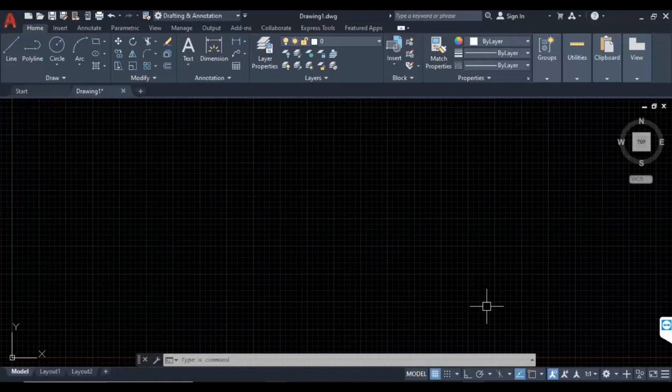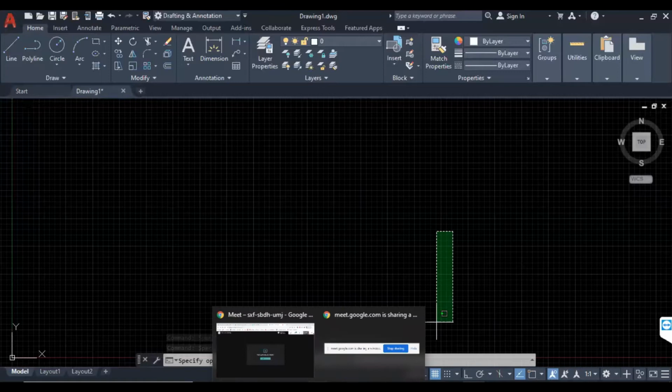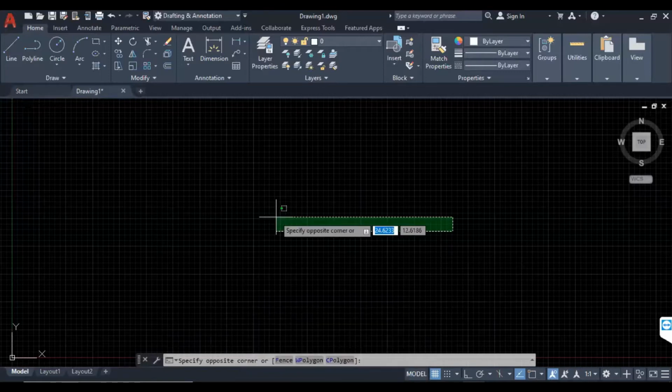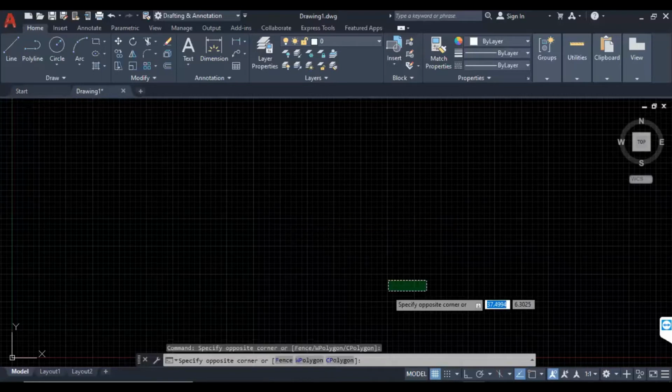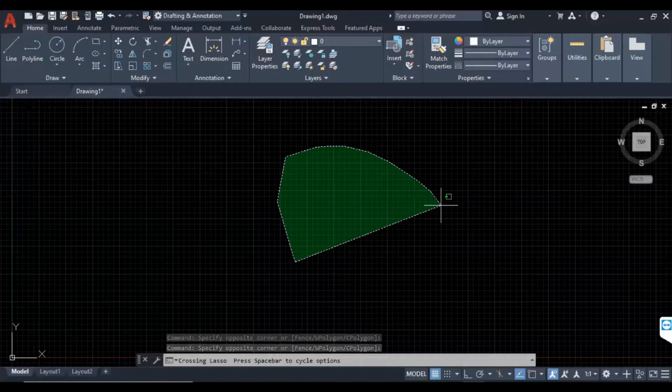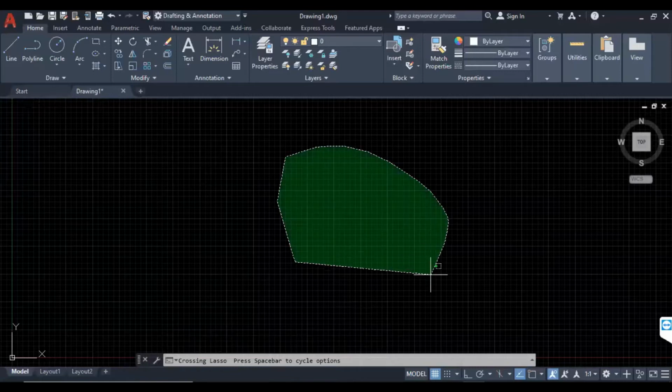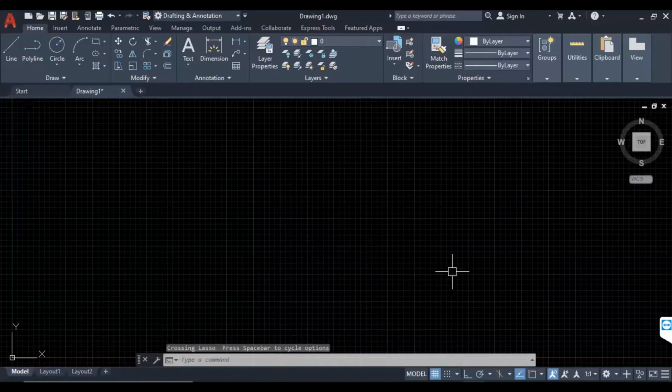The other method is the polygon method. This is called the polygon selection method.